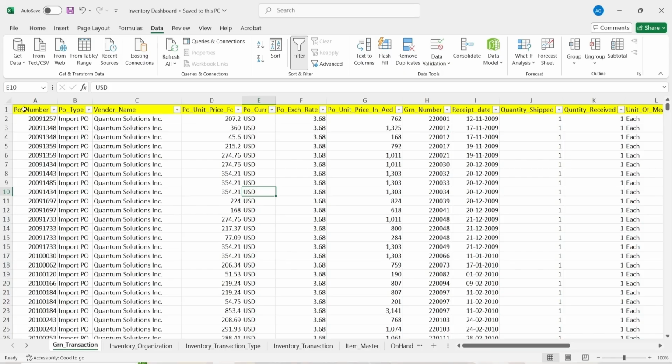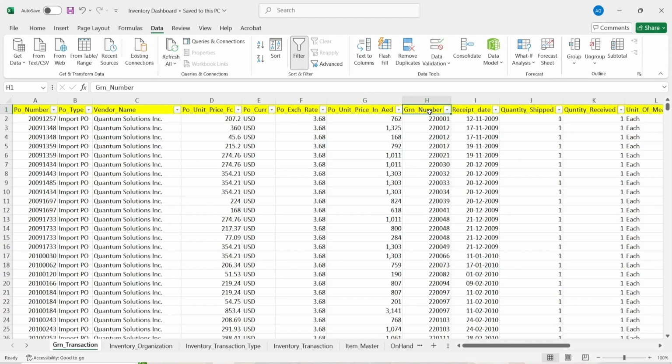In that table we have the fields PO number, PO means purchase order number, then purchase order type, then vendor name, then purchase order unit price FC, FC means foreign currency, then PO currency means purchase order currency, purchase order exchange rate multiplies unit price, then